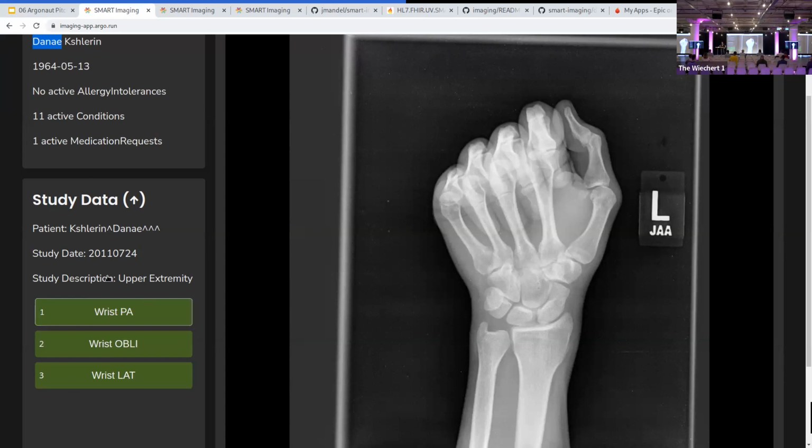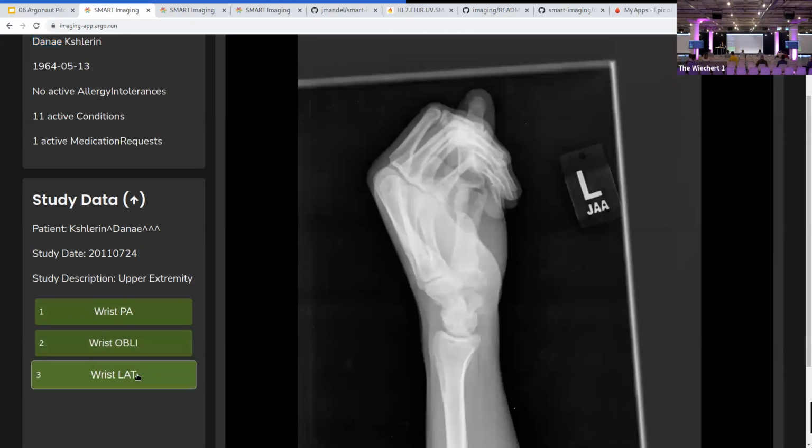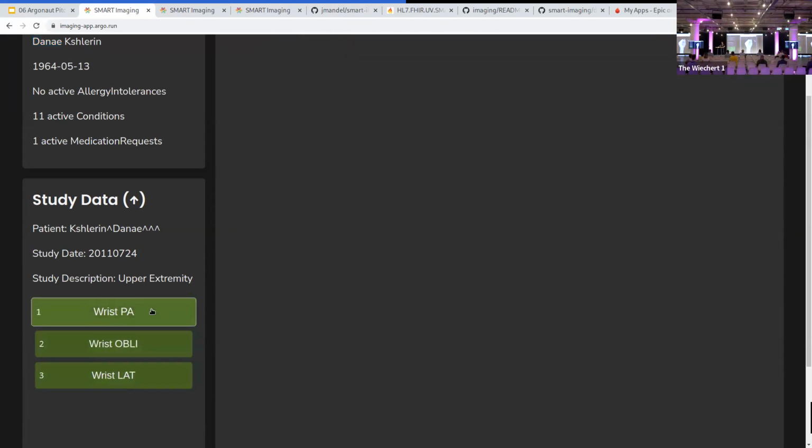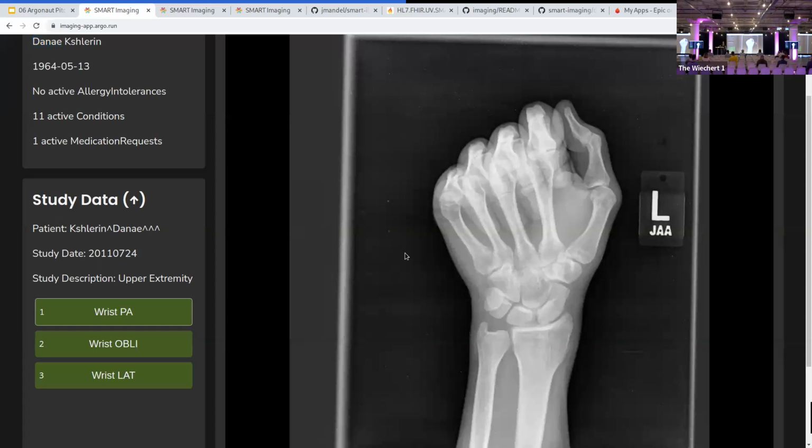So within this context, I've already loaded all the images associated with this wrist X-ray, and I can flip between them just using a browser-based library called Cornerstone, which is quite an amazing artifact for working with DICOM images. It makes it quite simple to just draw onto a canvas in the browser, load some raw DICOM binary files